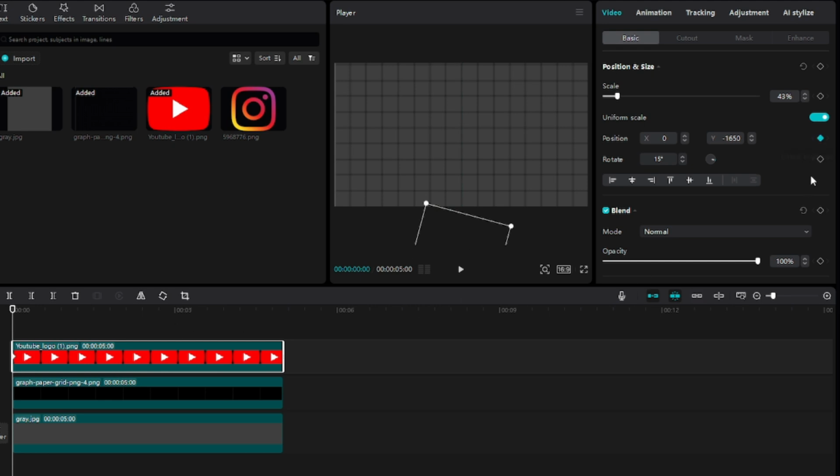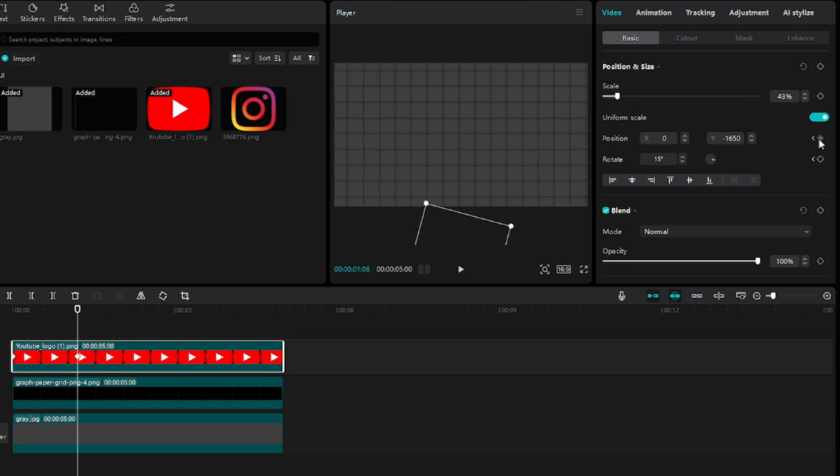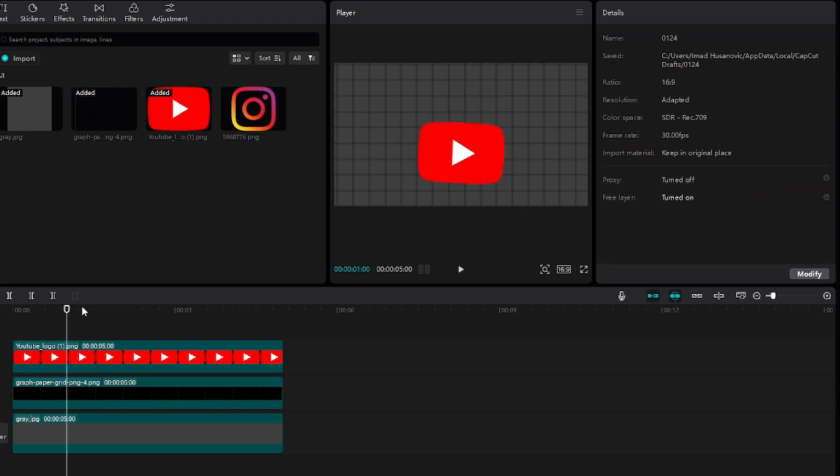All right, so I'll create a keyframe for the position, and I'll create a keyframe for the rotate, and I'll drag it all the way here where I want it to start appearing into the scene. So I'll create keyframes again for these things, and I'll drag it here into the scene. And for this one, I'll reset the position and the rotation to 0. And just like this, it looks good. So if I hit play, you can see that